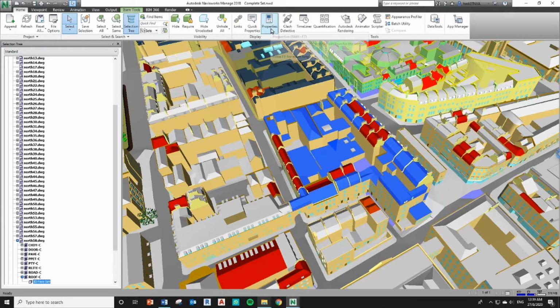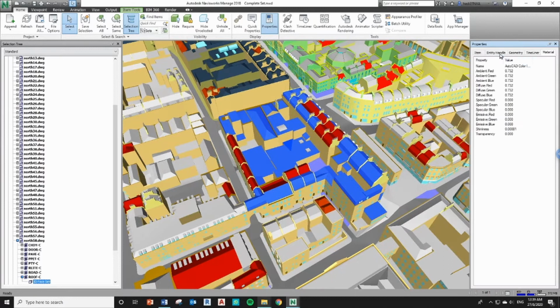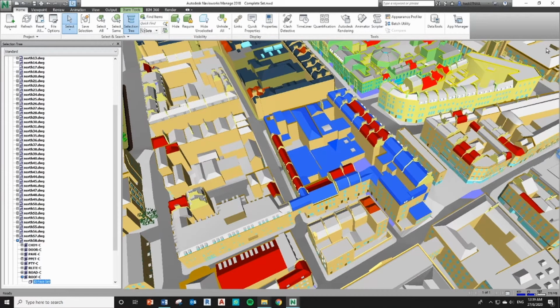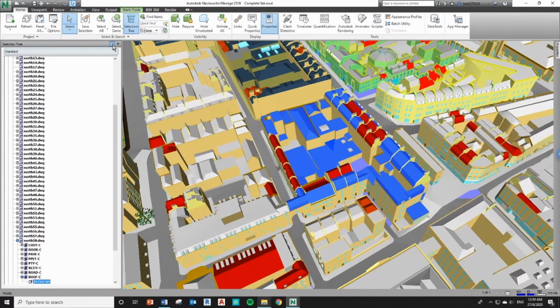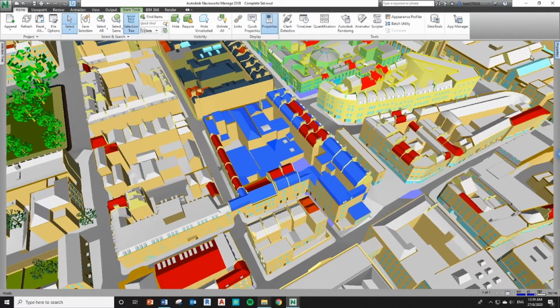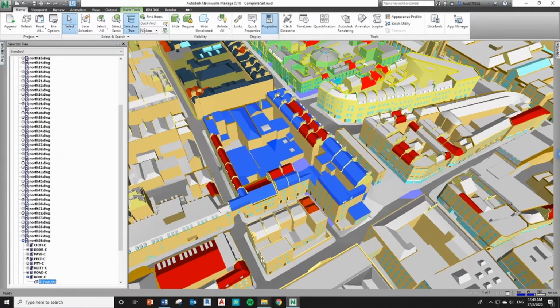Next, if you want to see the properties of your item, you can click on Properties, Home tab, Display panel, and click on Properties. So you can see the properties of your item. So I have closed it. Let's say if I do not want to close it permanently, I can click here, Auto Hide. So click on this Auto Hide so you can see the full screen. All you need to do is hover your mouse over here to see your item properties.